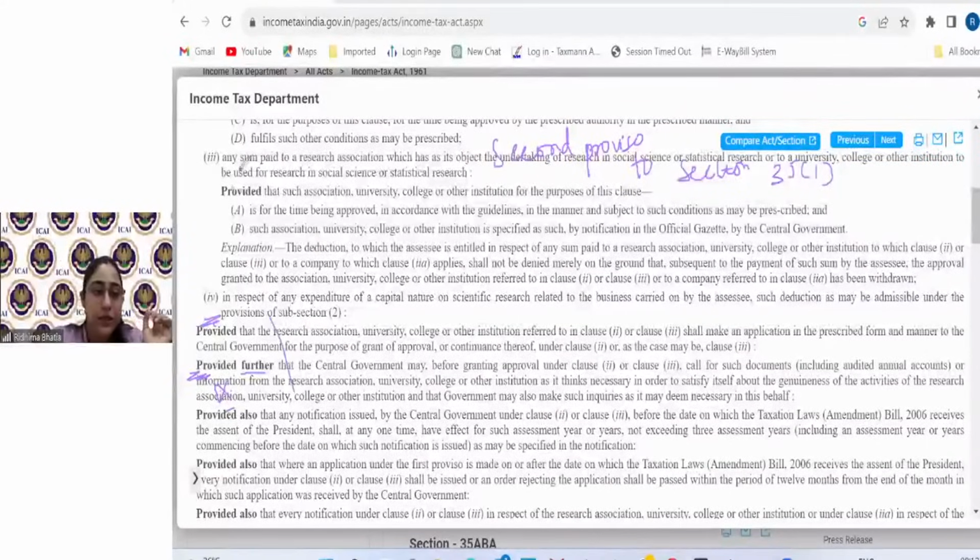Alignment matters. This proviso is for clause 3. This proviso is in alignment of subsection 1. So this proviso is for subsection 1. Okay. And how is the numbering of provisos done? Provided means first proviso, provided further means second proviso, provided also means third proviso. And what are provisos? Provisos are certain conditions, extra conditions, or provisos are certain exceptions to a main provision. Gradually you will understand, gradually guys, do not worry, again and again I'm saying.